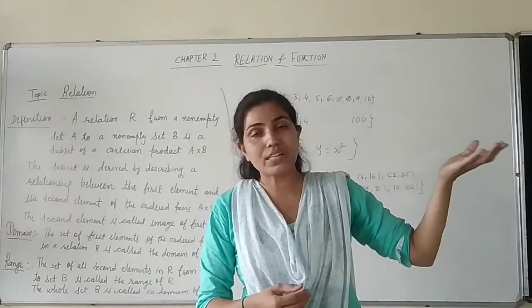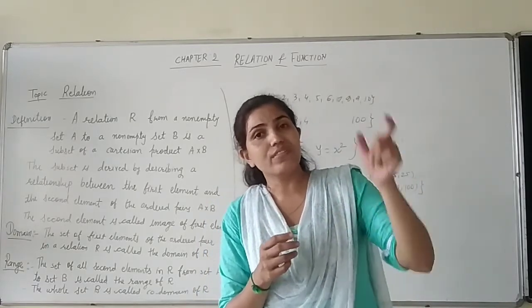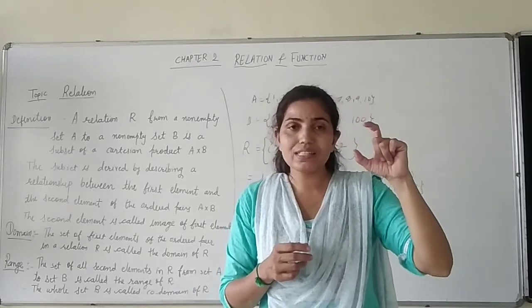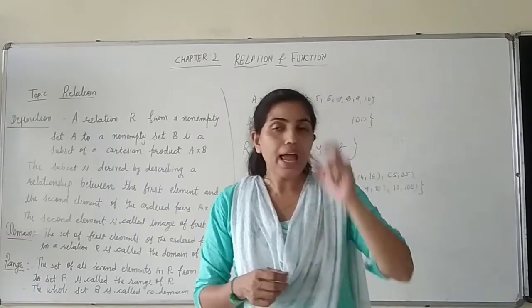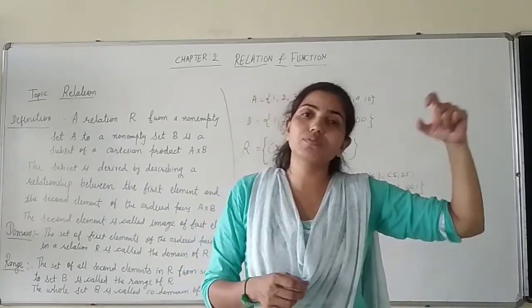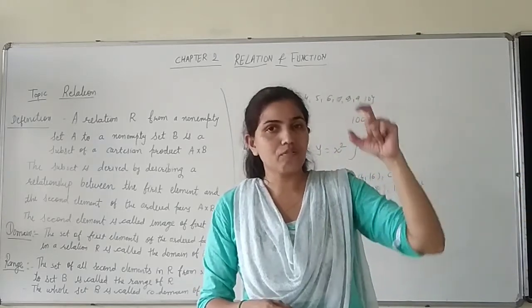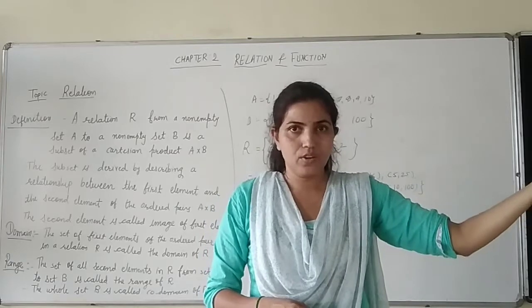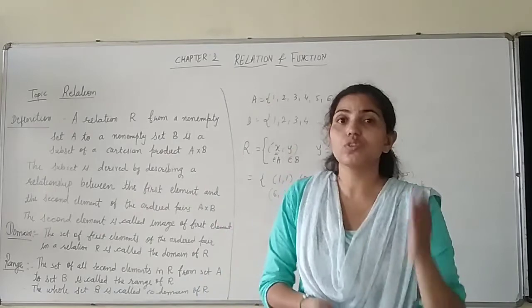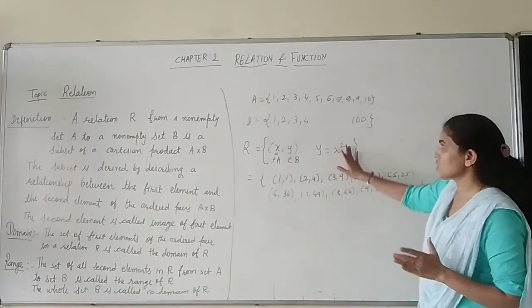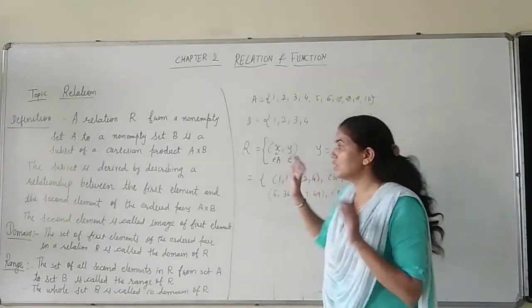In the example before that, we took names and the alphabet. So what was the relation then? That relation is x is the first alphabet of the names given in B. Okay, x is the first alphabet of y, where y is the name of the person written in the other set. Right, students? So this is called the relation. First, your concept of what a relation is should be completely clear. So this is called a relation.